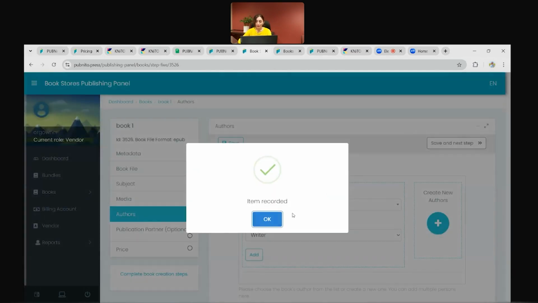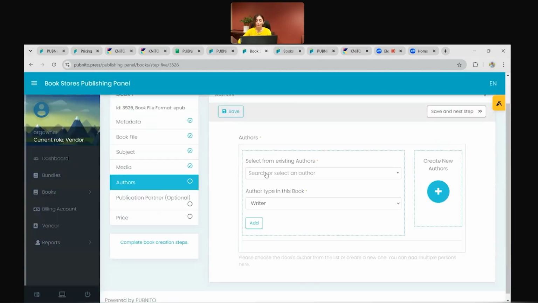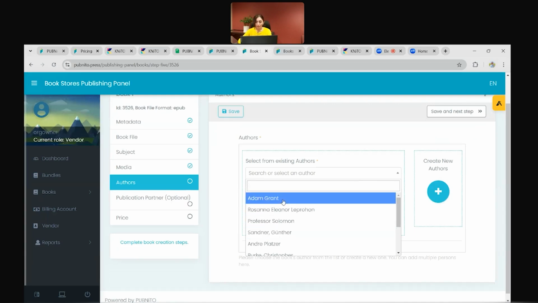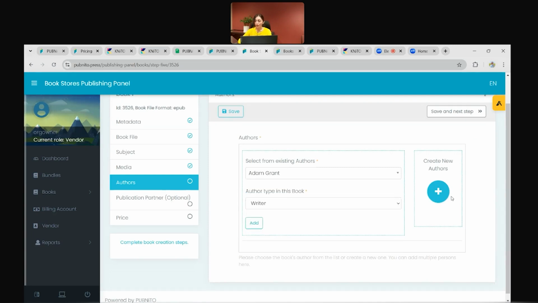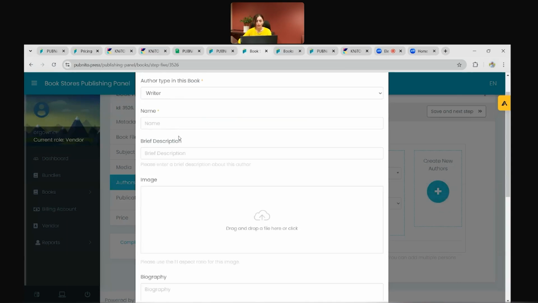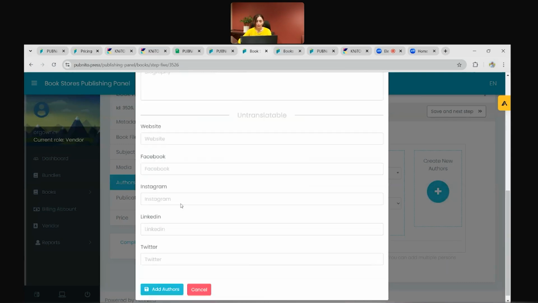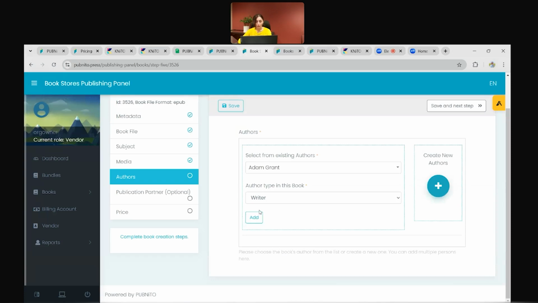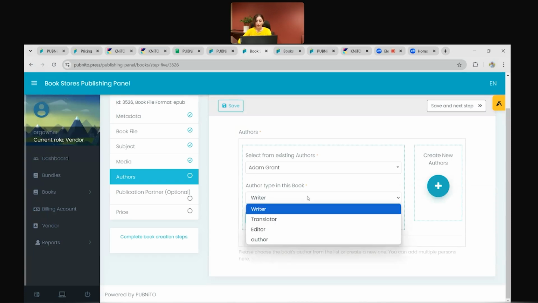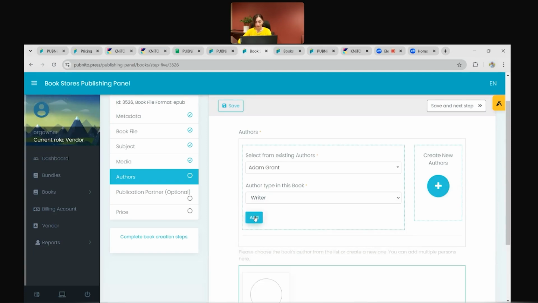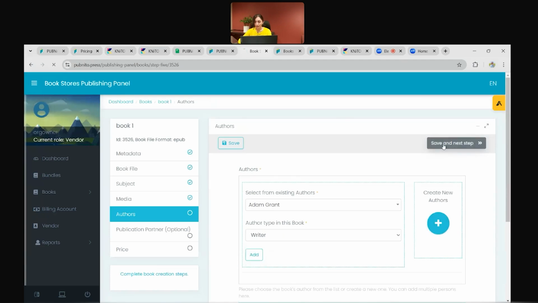At the next step, you should select the name of the author. I can pick the author from here or create a new author from this part of the platform. You can fill in all this information and then save it and complete this part. Just don't forget to add it. Also, you can change the role of this author. Okay, I will add it, and then